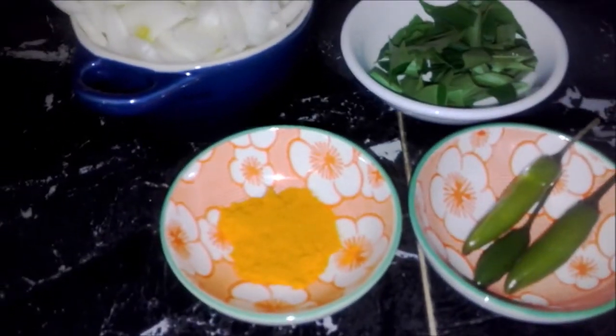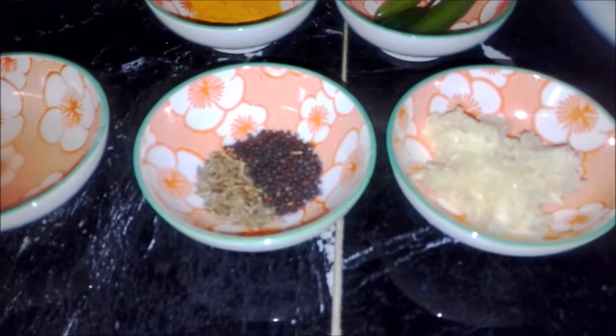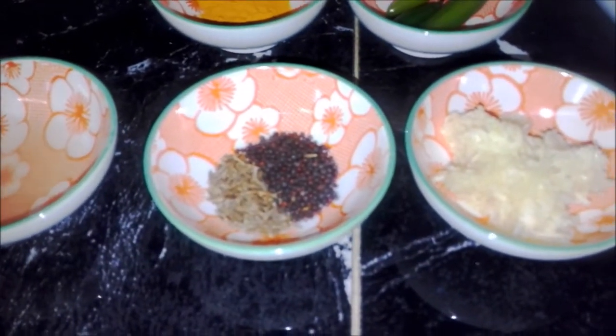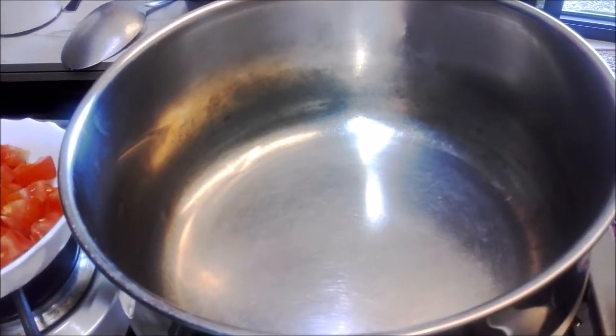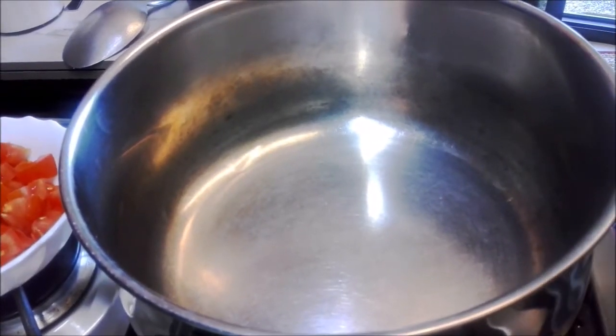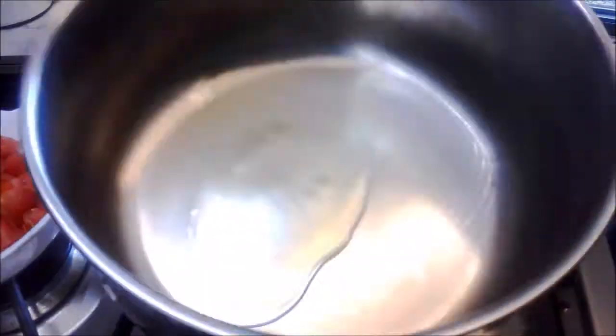1 teaspoon of turmeric, 1 tablespoon of lemon juice, half a teaspoon each of cumin and mustard seeds, and 5 cloves of grated garlic. Take a pan, put it on medium heat, add 2 tablespoons of oil, turn the pan